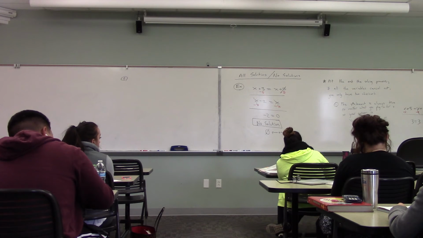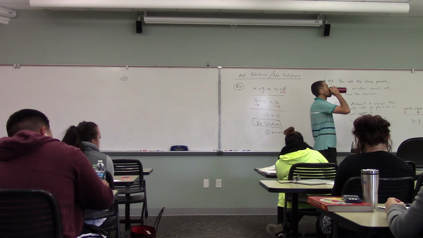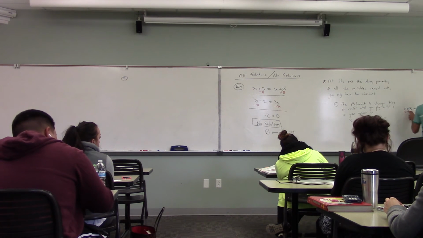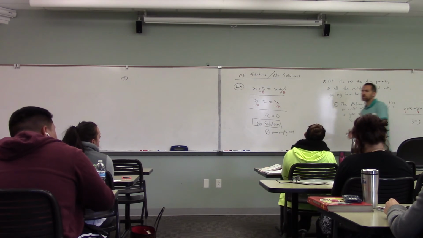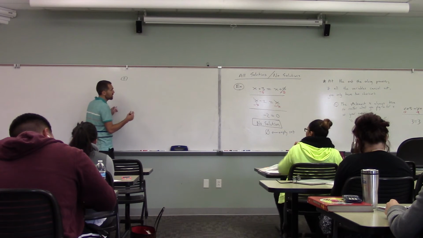So if you ever get something equal to itself, you could stop right there and just say that's the identity, or that's all real solutions. I like following it through until the variables cancel out. That's where I always go. Okay? So,